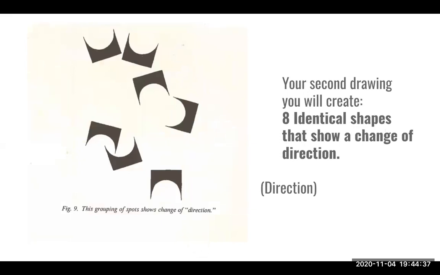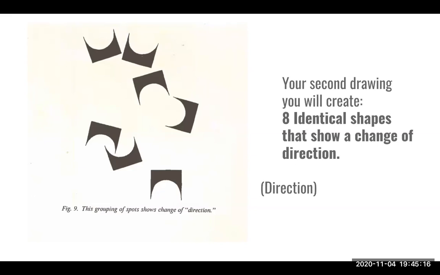Your second drawing, you're going to create 8 identical shapes that show a change of direction. You can do this toppling, you can do this very evenly, it can be symmetrical, it can be rotated, it can look messy, or not messy, but maybe you can play with the movement of it. You're going to have your tracing paper, hopefully to make this easy for yourself. And you're going to draw your shape 8 times, fill it in, mark, and demonstrate an understanding of direction using